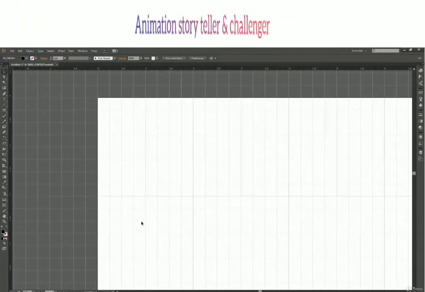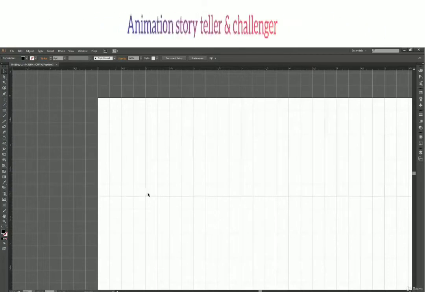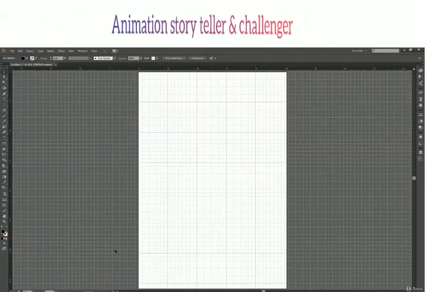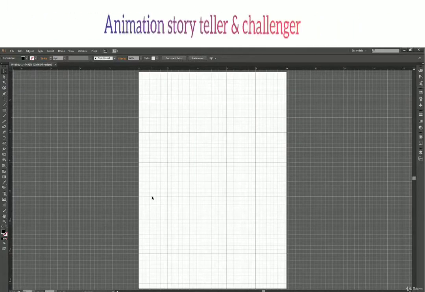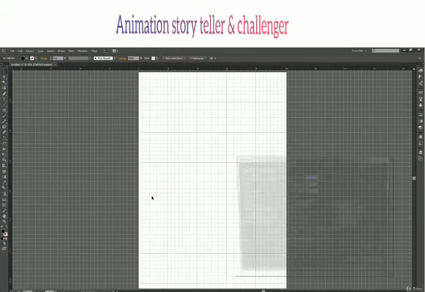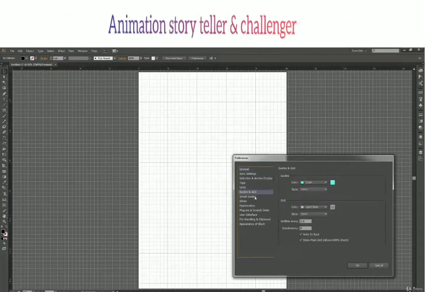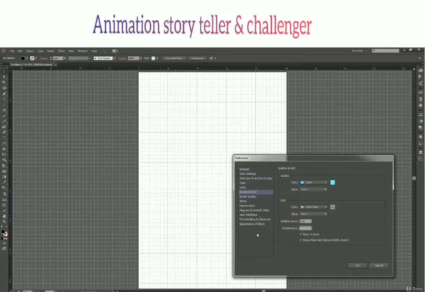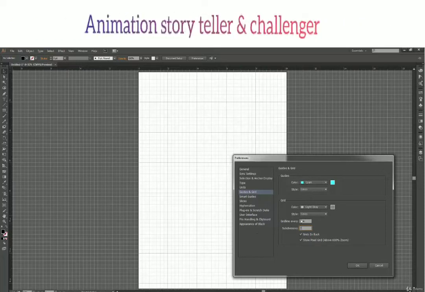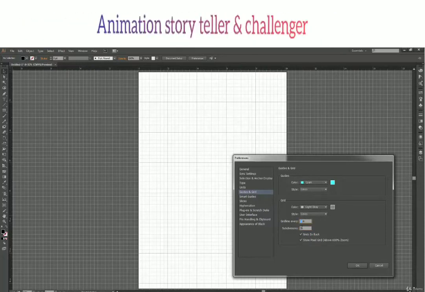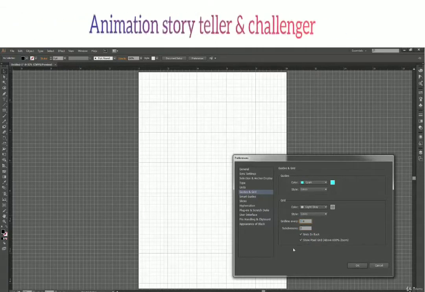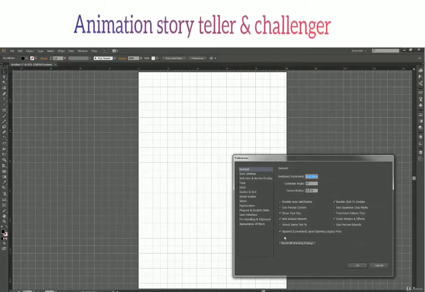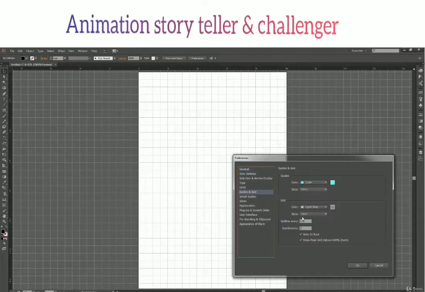The same applies for horizontal subdivision, 1, 2, 3, 4, 5, 6, 7 and 8. So let us jump back over here, let's change this value to 2, and I'm again going to change it to 1. So this is how we can rearrange our grid in Illustrator.